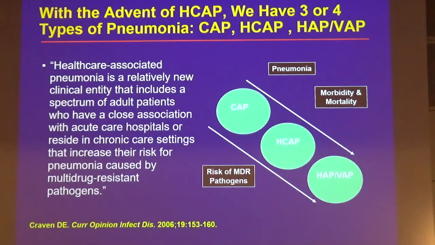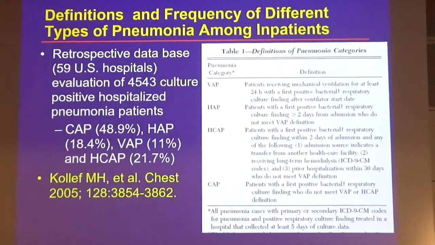We have community-acquired pneumonia, healthcare-associated pneumonia, ventilator and hospital-acquired pneumonia, and I think things became more complicated when we introduced the concept years ago of healthcare-associated pneumonia, conceptualizing it as in between community and nosocomial pneumonia, and on a spectrum of increasing risk factors for multi-drug resistant pathogens and increasing morbidity and mortality. And so potentially, at that time, we said maybe we should be treating all of these pneumonias a little bit differently, and we had algorithms that were different for each of them.